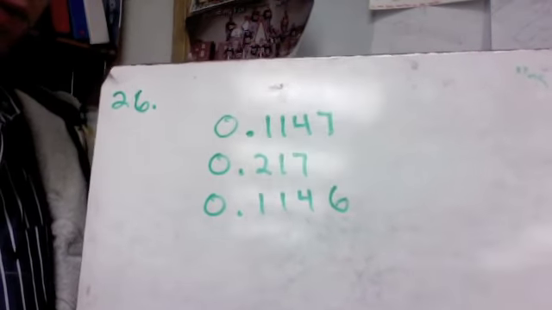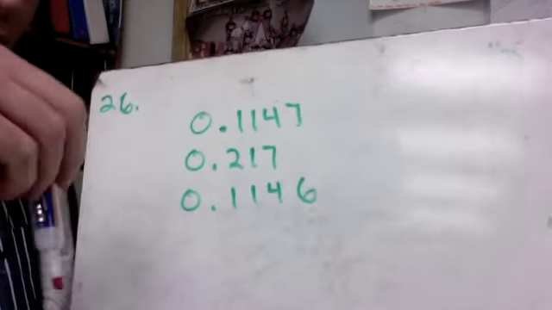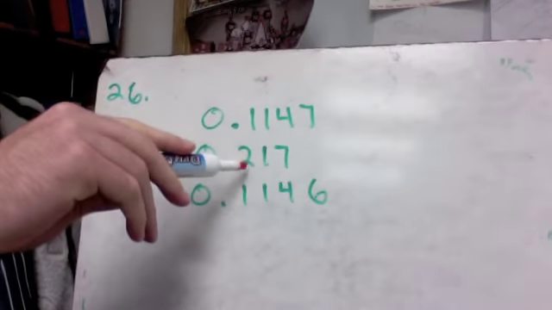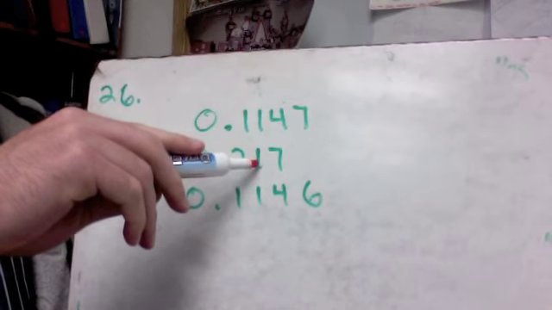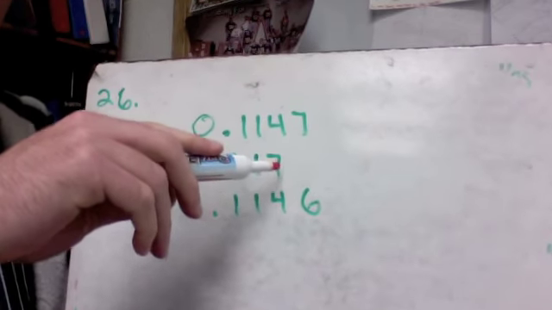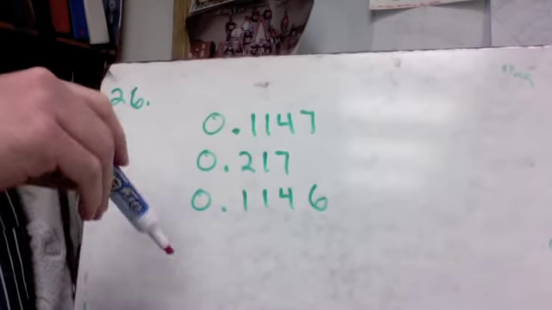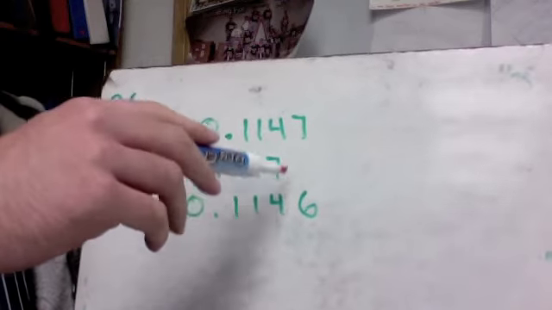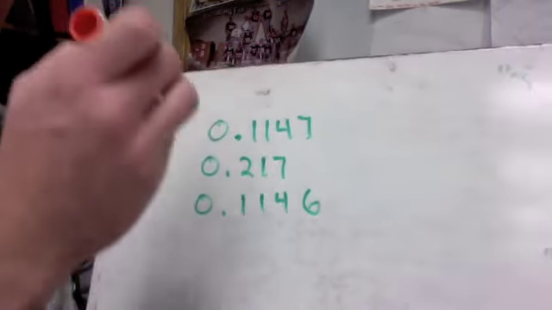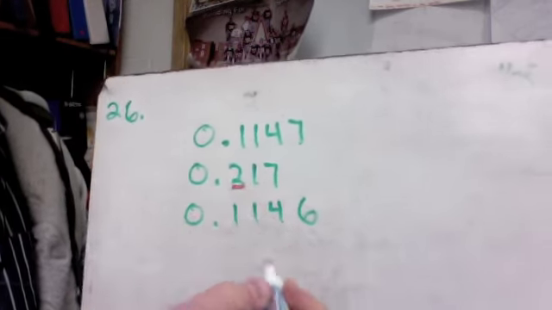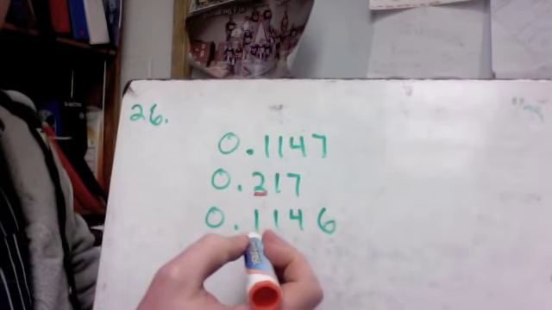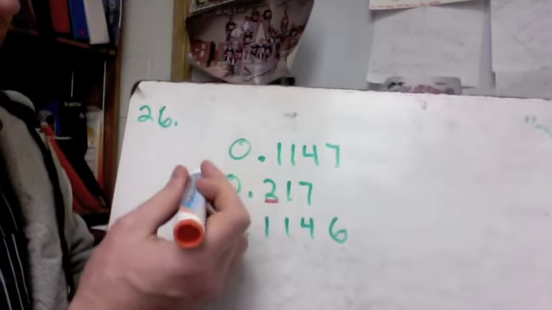Again, never be fooled by the length of the numbers, because the tenths place is worth far more than the hundredths place, which is worth far more than the thousandths place. So for these, we have no whole numbers. These two look like longer numbers, but they're definitely not. We've got 2 tenths here. 2 tenths is bigger than 1 tenth here and 1 tenth here, so this is going to be our